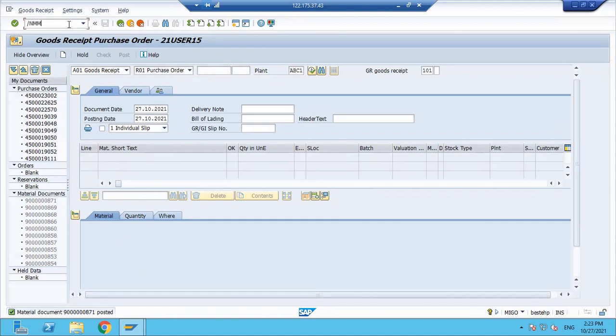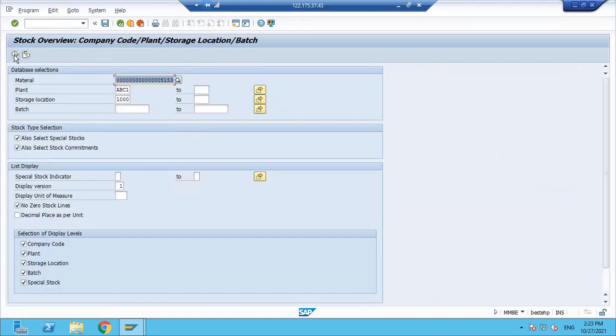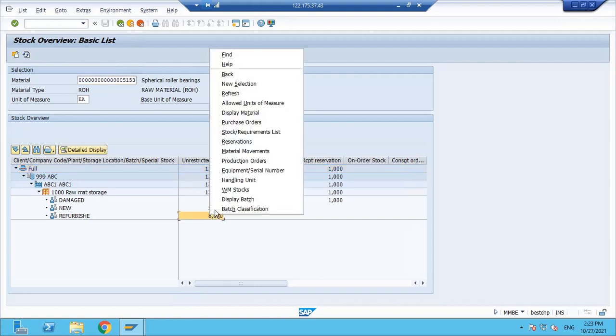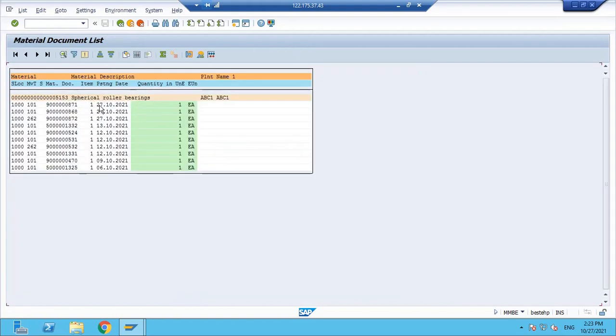Now if you go to MMBE and check, see, the refurbishment from 7 got increased to 8, right? And the damage has been removed. If you see the material movements, you can see here, this is one without any order reference, and this is with order reference.